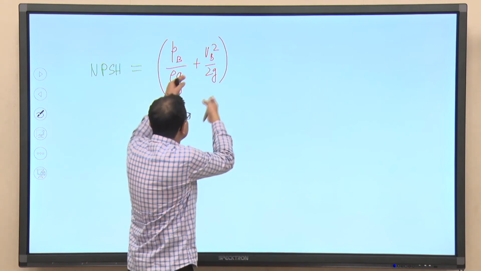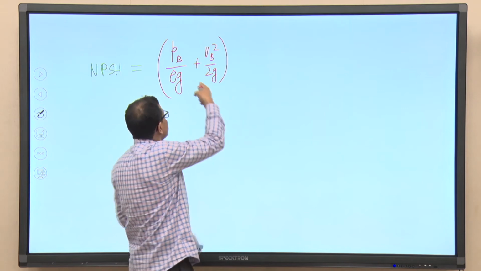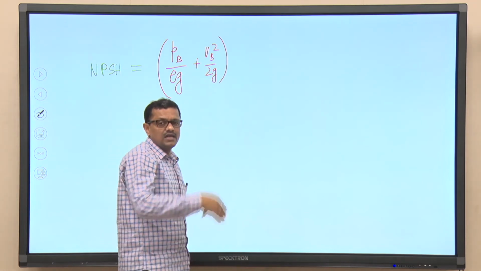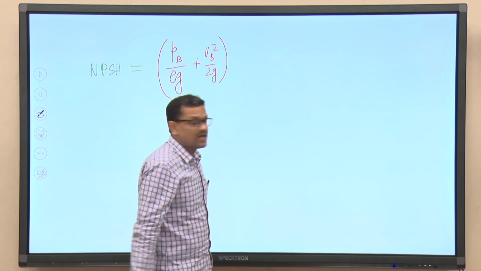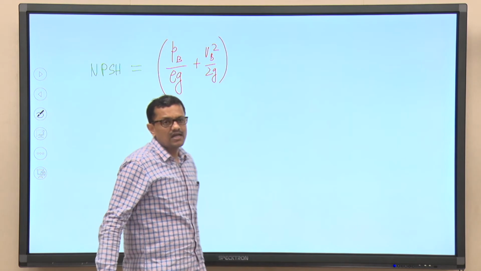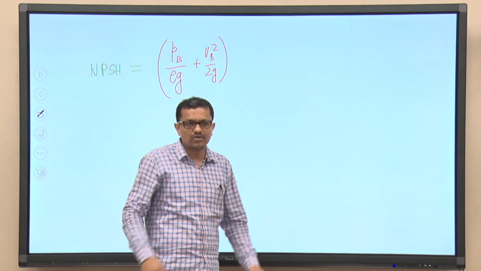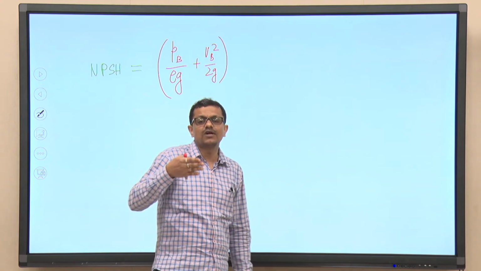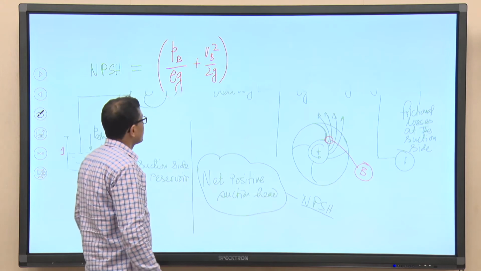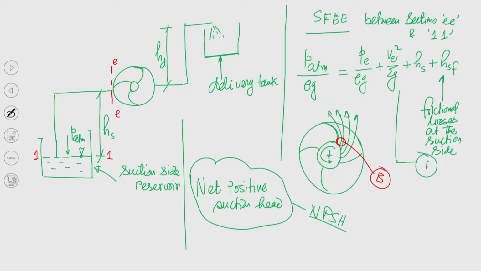They will adjust in such a way that the total energy remains constant, but still somewhere the first one might be higher, the second one lesser, or in some place the reverse will be there. But our objective should be that the static pressure, I am talking about static, not dynamic, should not be below the vapor pressure at the prevailing temperature. Okay. So now you can understand this is the total head, static plus dynamic.